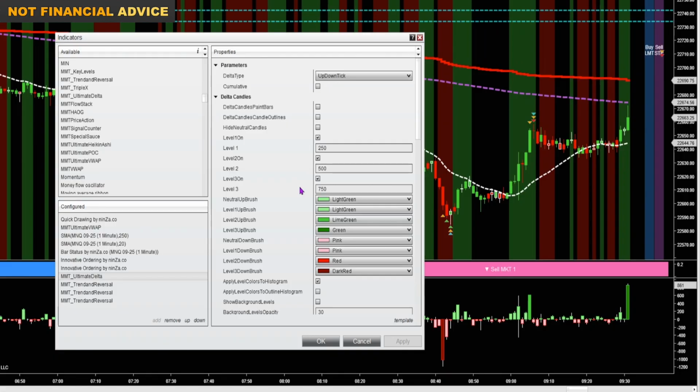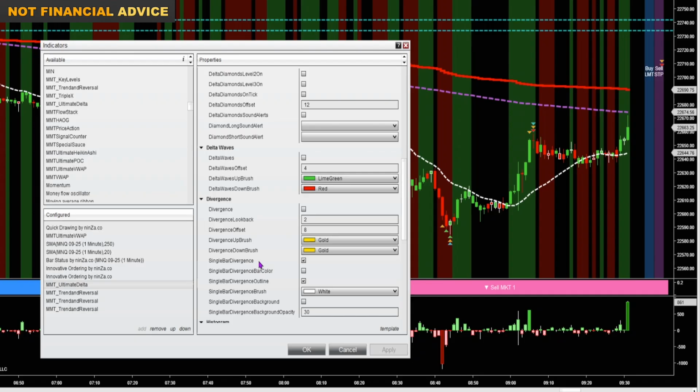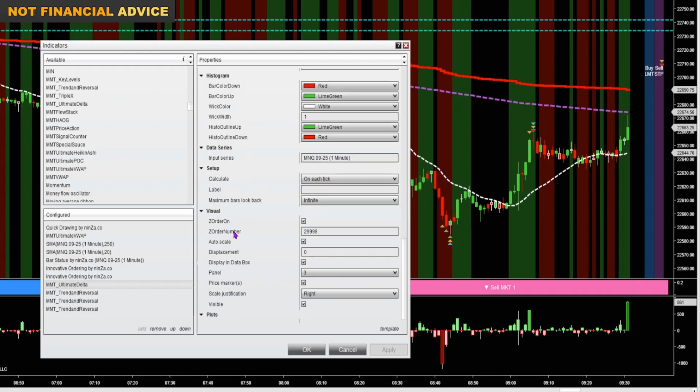For the micro NASDAQ 1-minute chart, I'm using 250, 500, and 750 for the 3 different levels. Sometimes I use 300, 600, and 900 as well. I've got the level colors applied to the histogram. I've also got the single bar divergence activated. It's checked on. The bar color is off, but the outline is on. I've got white for the outline color. And down here in the visual category, I've got the Z order on. The Z order number is